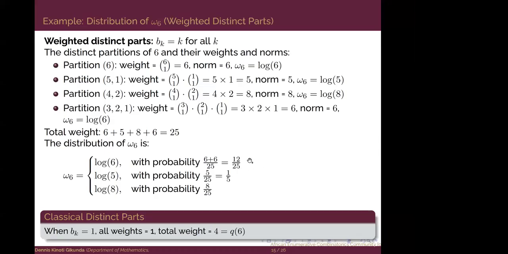Yeah, just one question. Thank you, Dennis, for your nice talk. You have defined weight for integer partitions, and I